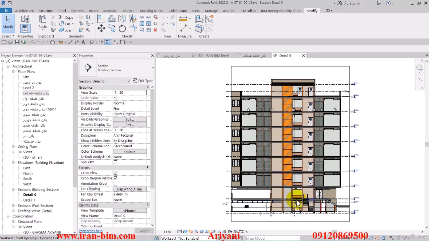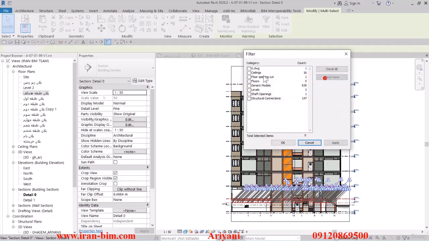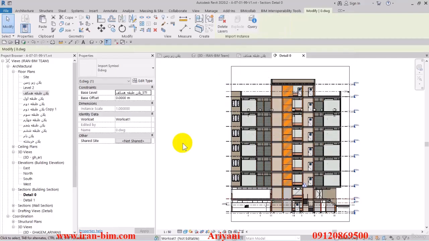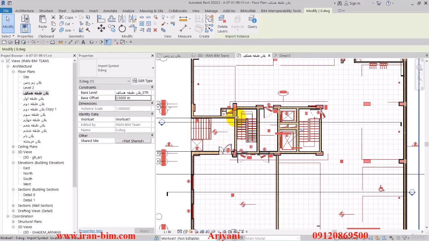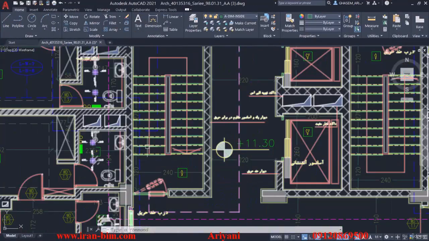Let me click and drag here to see if we have any AutoCAD files in this part. And then select filter, then check none, and then select this one and OK. Alright, so put the base offset at 0.5 here. There it is. Now let's go to the ground floor, and now it really shows itself. And if you actually take a look at the AutoCAD file that we have in this area, this is what